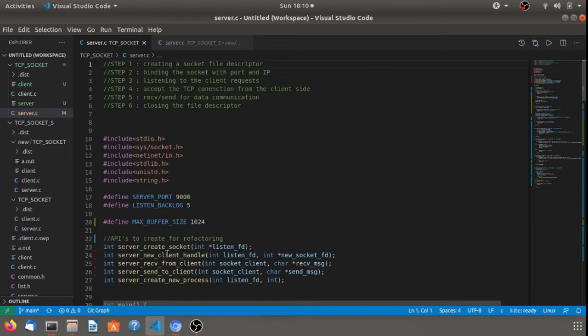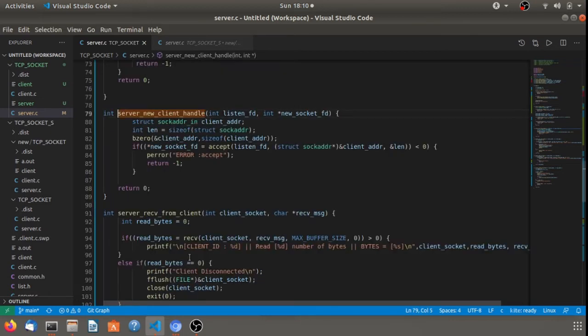The second API is server new client handle. This will handle the new client for the server. Let's check this API. What I have implemented here is two arguments.